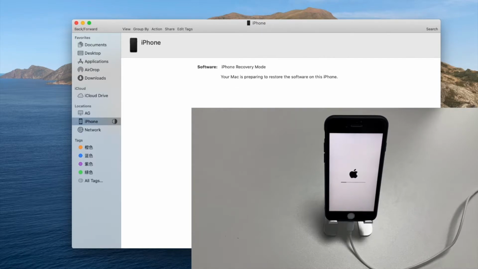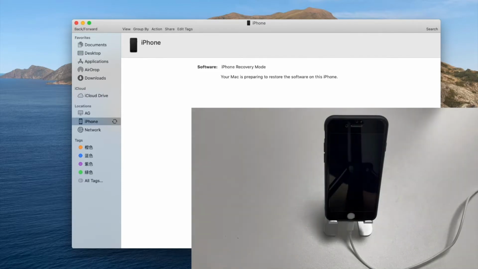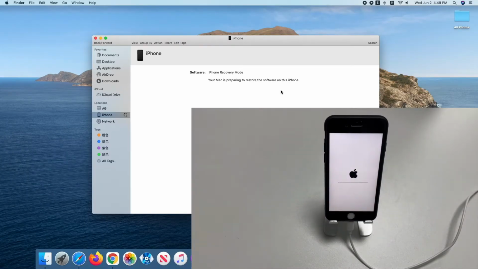See, your iPhone is restoring and is displaying the Apple logo and progress bar on its screen. When it's finished, you can access your iPhone without passcode. You are going to lose everything and use the device as new. If the restore process takes longer than 15 minutes, the device will get out of recovery mode. To re-enter recovery mode and restore the device again, you need to repeat the previous steps.